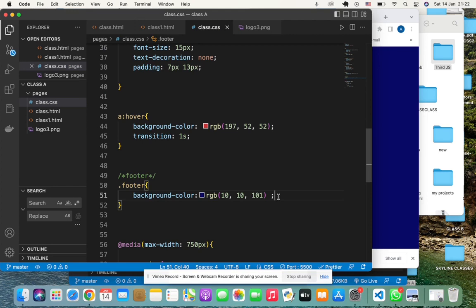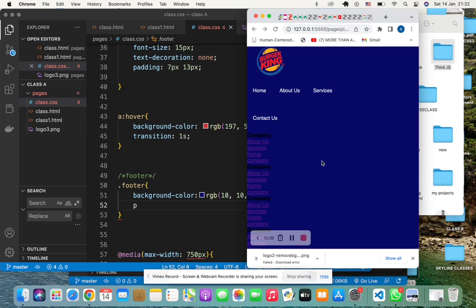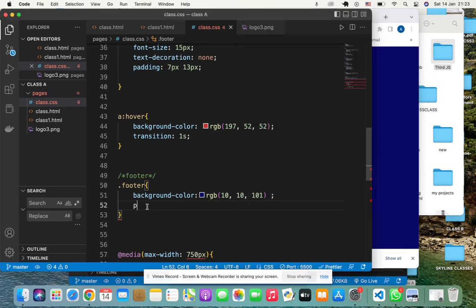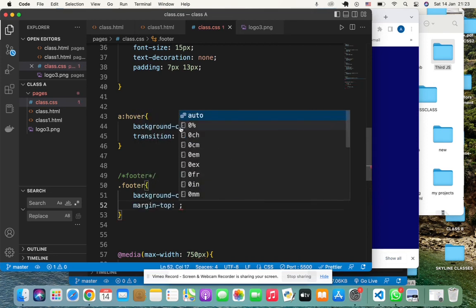So now let's have our padding. Okay, see what it looks like now. It's joining with the previous one because it's the same color. So we have to give it a margin top. Please mute your mic, everyone. Because they have the same color, it's joining, so we have to give it a margin top. We give it a margin top of